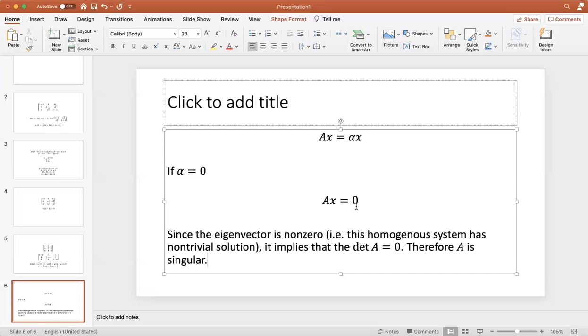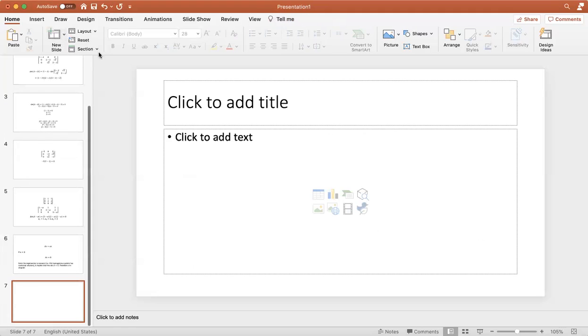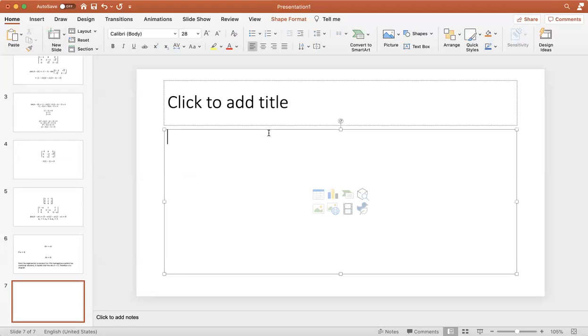Even if you reverse it, the fact that the right-hand side is 0, or the fact that A is singular, means that it doesn't have an inverse, right? The only way for that to happen is if alpha is 0, all right? So even if we start with the fact that A is singular, right? So, for the sake of completing the proof,